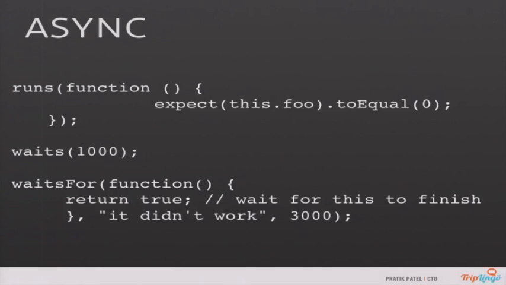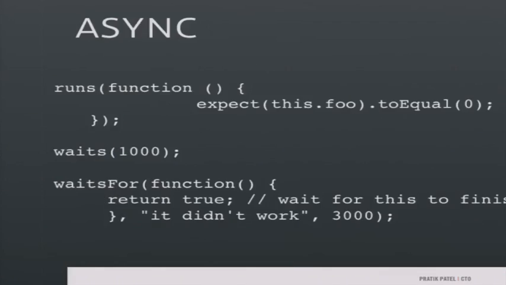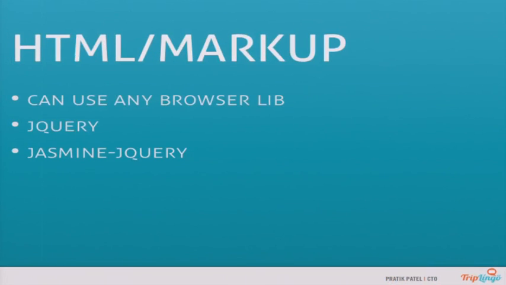So far we've just been doing pure JavaScript, and we haven't been working in the DOM at all, right? And that's probably what you're interested in. So that's the final thing I want to talk about this morning, and that is that when you're using Jasmine, you can use pretty much any library you want, right? But for the test that we're going to run in just a second here, we're actually going to use jQuery,